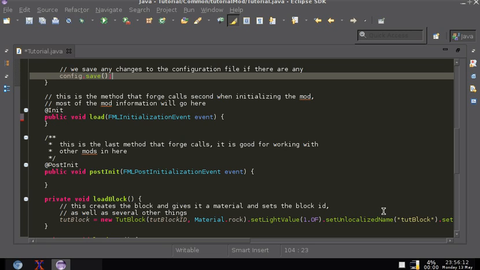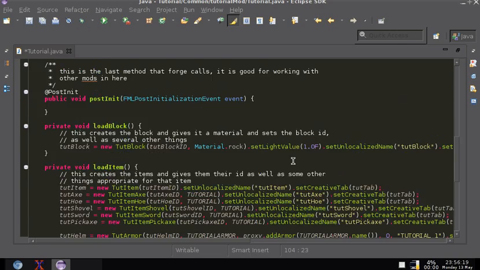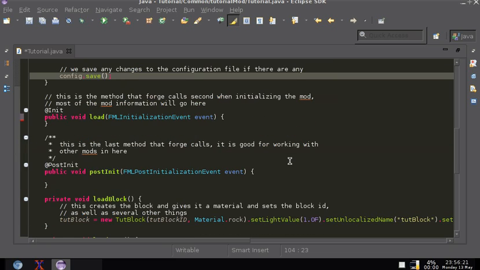Hello, I'm DeathSeeker512, and in today's tutorial, I'll be showing you how to do liquids. But first things first, I've seen a couple mods do this, and